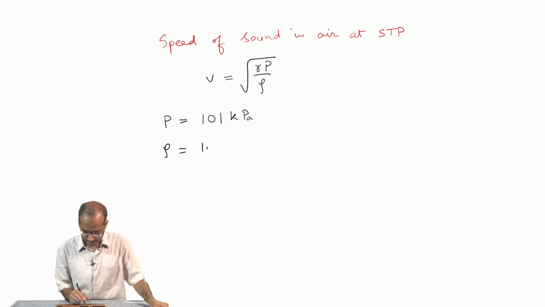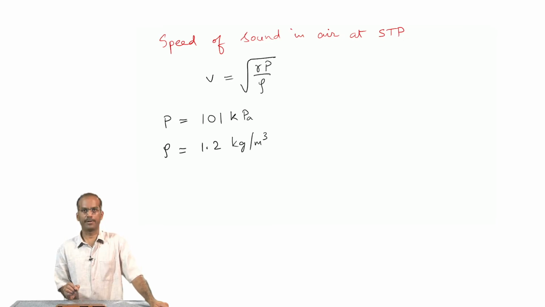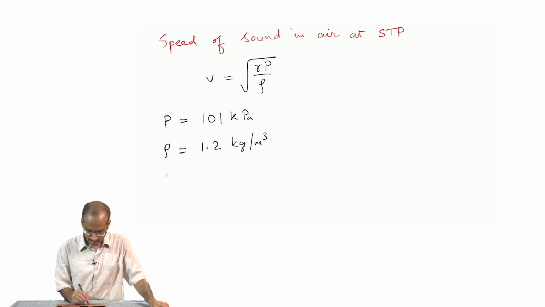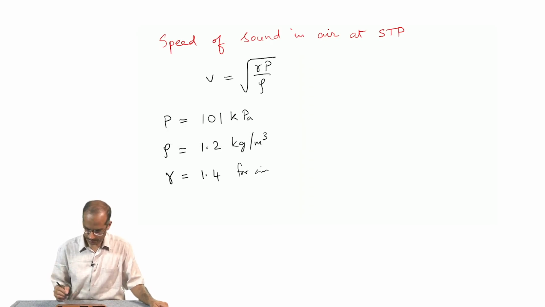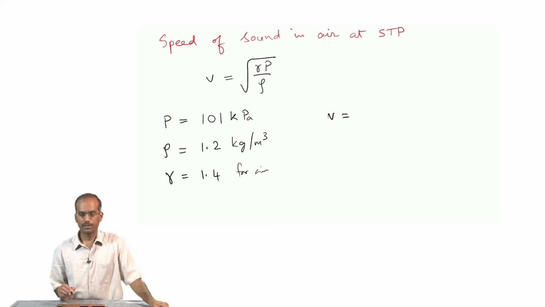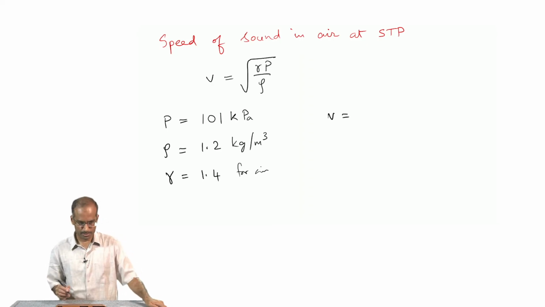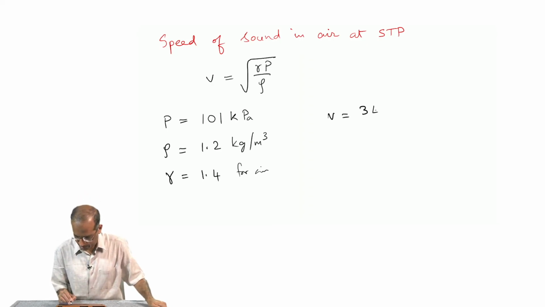And density is 1.2 kilogram per meter cube, and gamma of course is 1.4 for air. Now, when you put in all these numbers, turns out that velocity is about 343.2 meters per second,